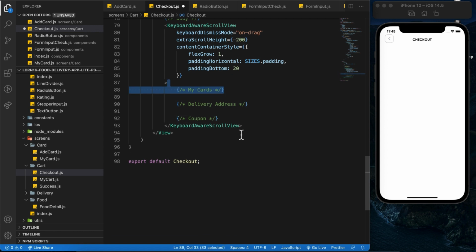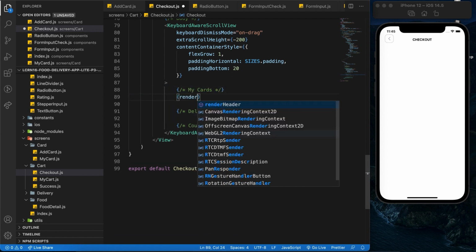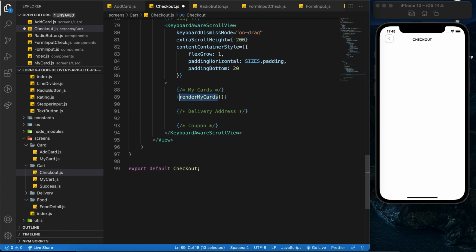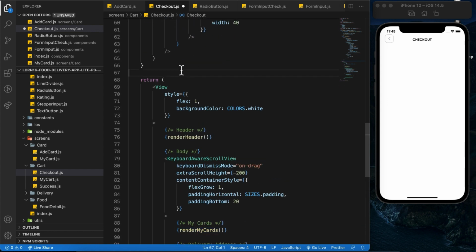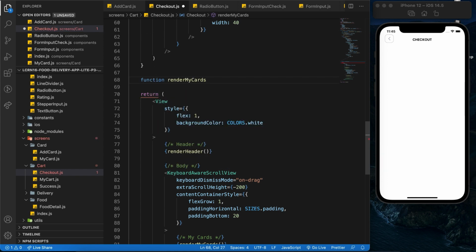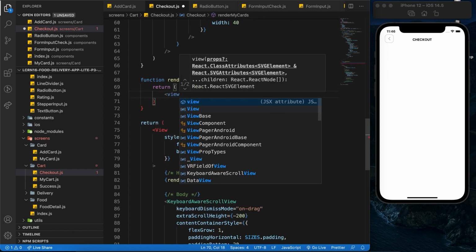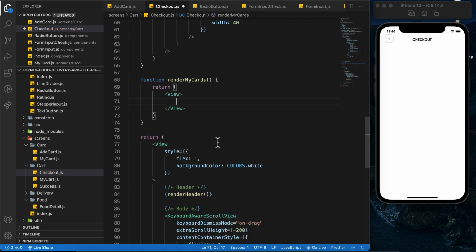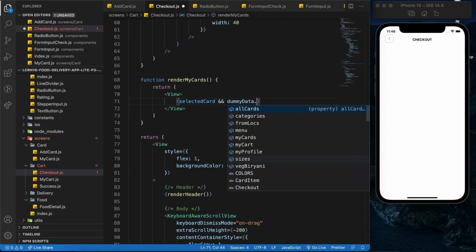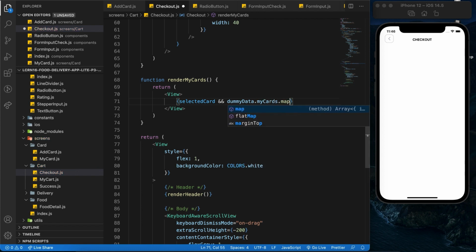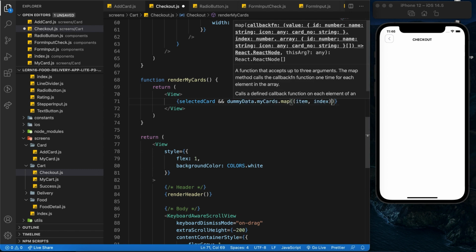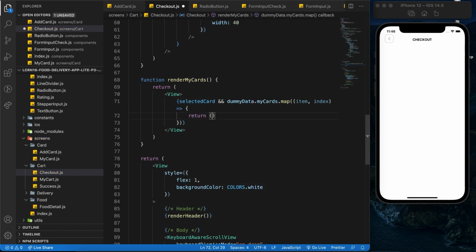So for the my cart section, same thing, I'm going to render a new function called render my carts, and I'm going to create this function over here. So function render my carts, and I'm going to return a container view like that. And within the container view, I'm going to check if the selected cart is not equals to null, and over here I'm going to make use of the map method to render the cart item. Okay, so dummy data dot my carts dot map. Over here it's going to be item index followed by the arrow function,